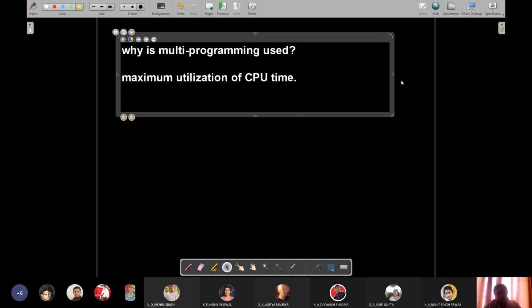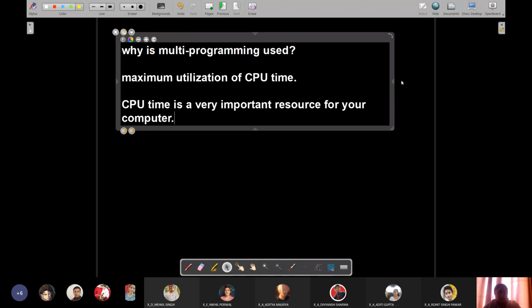So either you switch the computer off or you make it execute more than one task such that your CPU time is not wasted, because CPU time is a very important resource for your computer. So it should not be wasted.